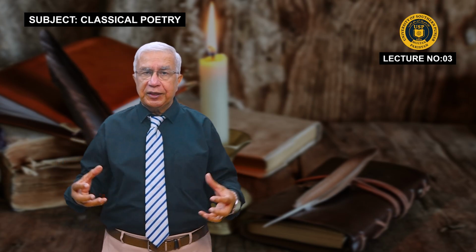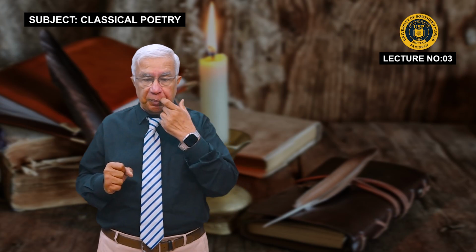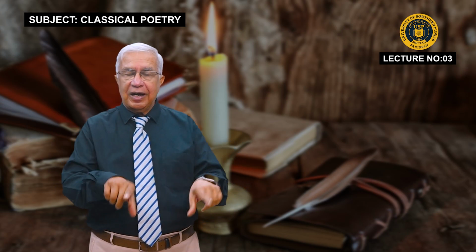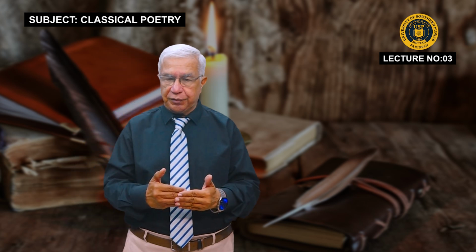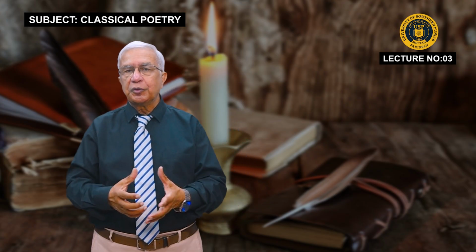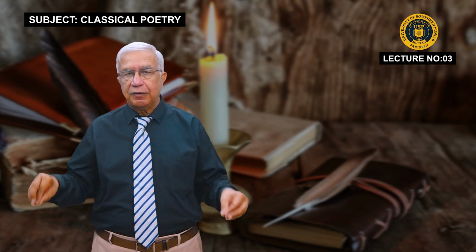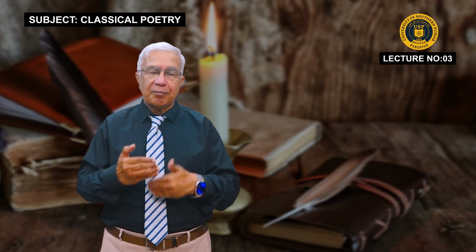He brought a number of new things in his poetry because man was the basic target, man was the basic center around whom the whole poetry of Milton was revolving, and he tried to connect his poetry from man to God, from man to universe. So he talks more of the cosmic order as compared to the individual or the earthly order. So that is why Milton's style combined all these things.